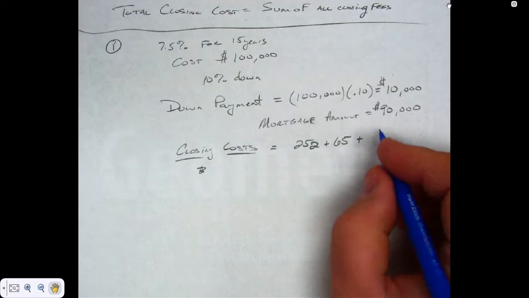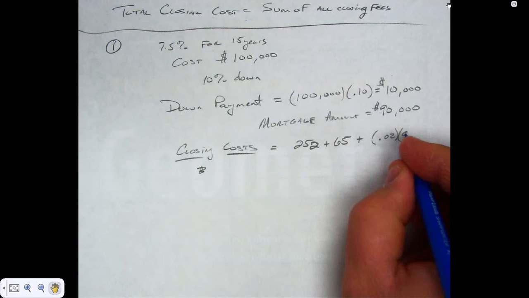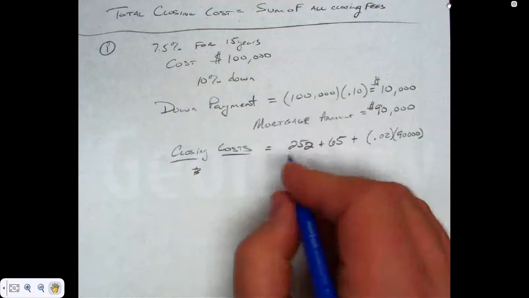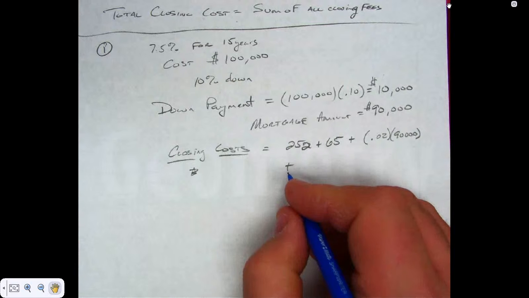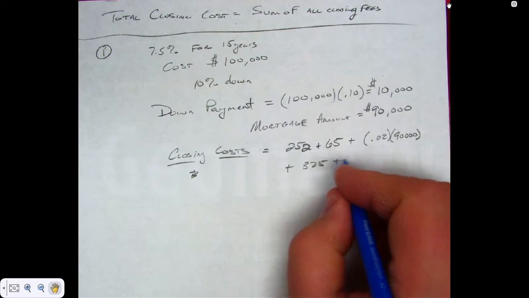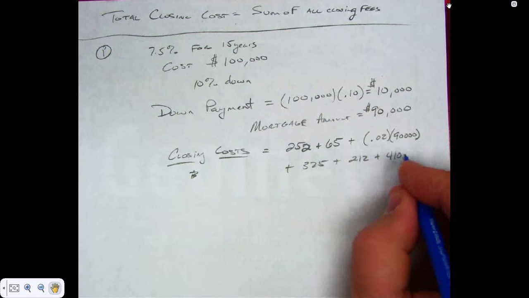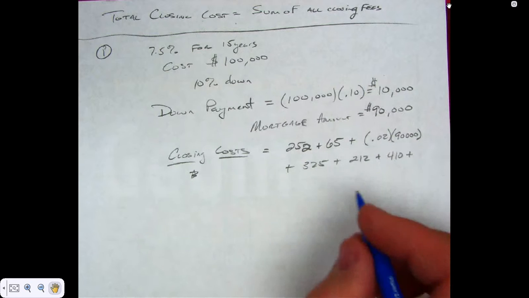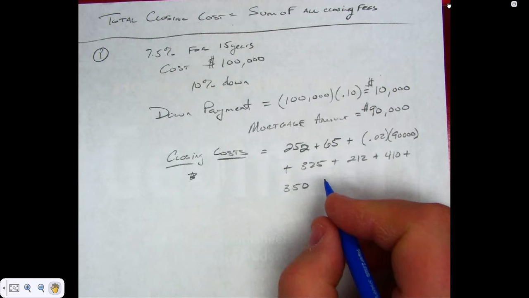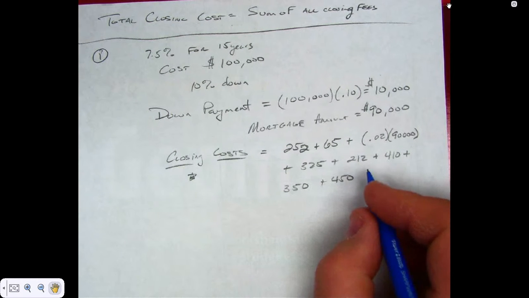So how am I going to figure that out? 0.02 times 90,000, plus appraisal fee, which is $325, plus title search, $212, title insurance, $410, inspection fees, $350, attorney fee, $450,